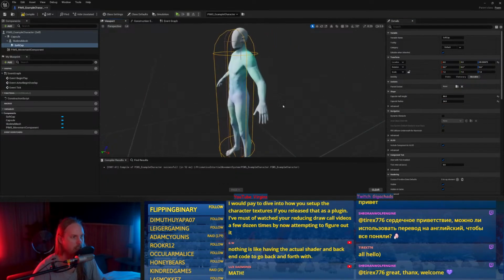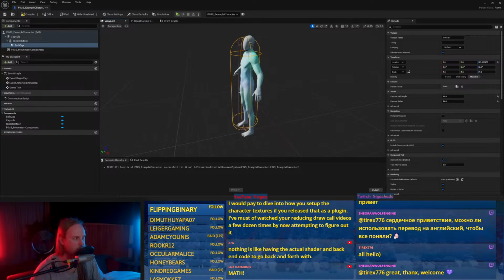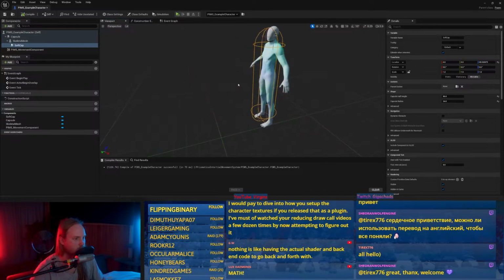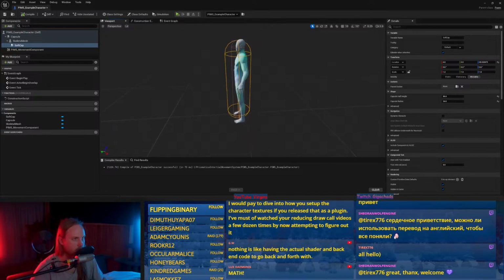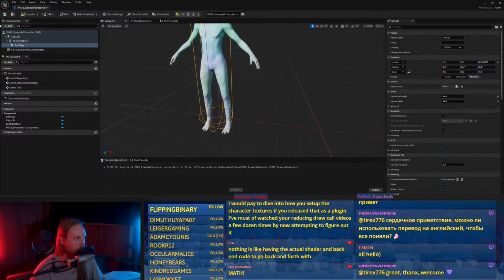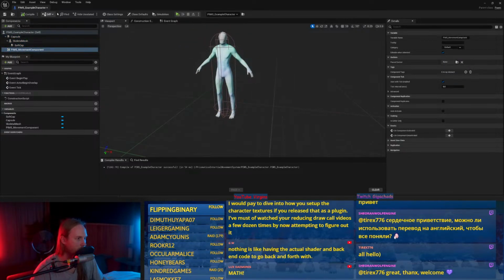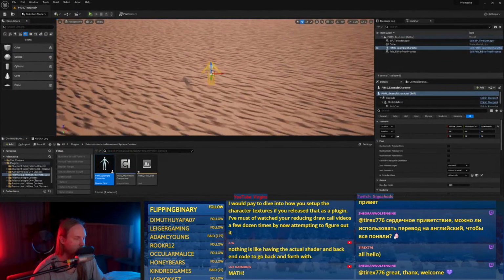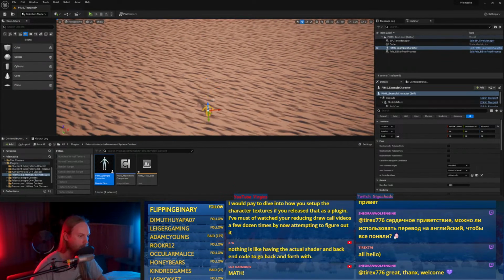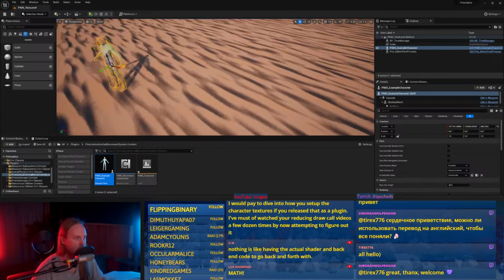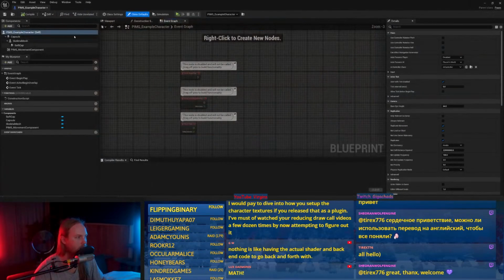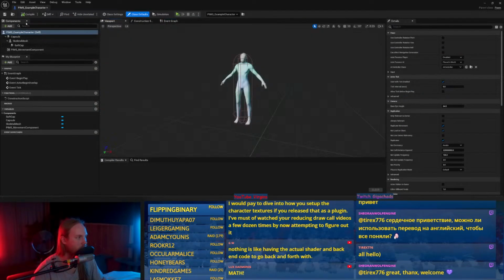Yeah, so this is like your standard capsule. Yeah, so that's just how they have to be set up. So we put them in the world, we drop them down, focus on them. Hello. Let's also give him a spring arm.